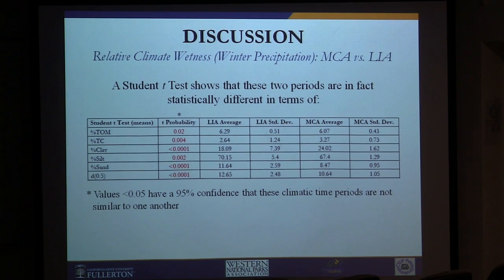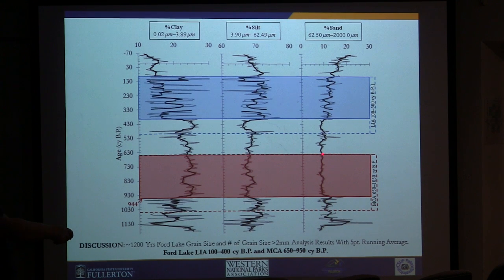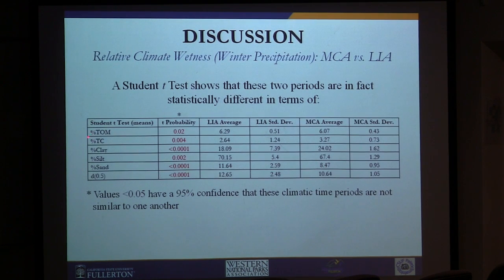Now to prove that the sediment packages are different from the LIA versus the MCA, we used our timeline here. We ran these through a t-test right within that box. We ran it on our total organic matter, our total carbonate, and then our sediment package. And a t-test basically shows that these two periods are in fact statistically different. And then we have down here, the values for the t probability,